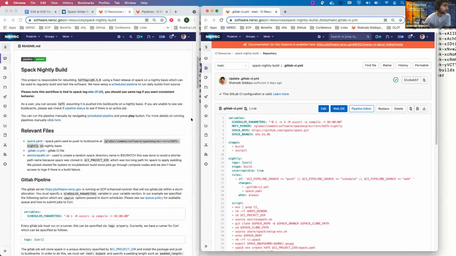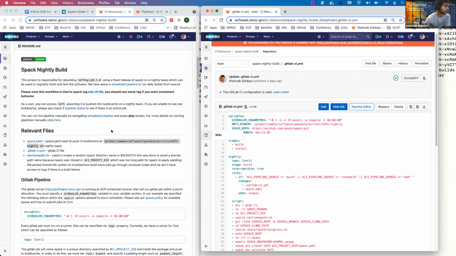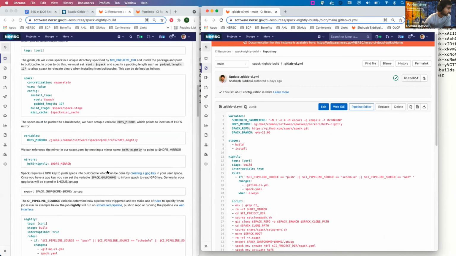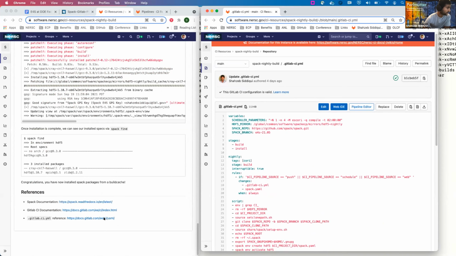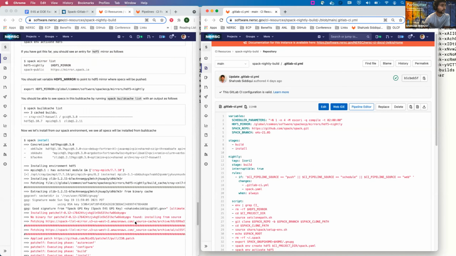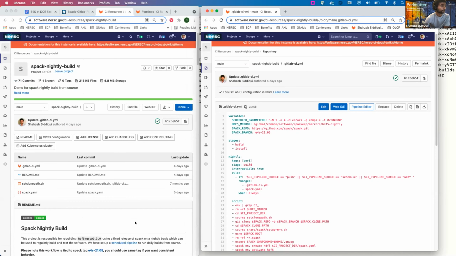I recommend you need to have at least some experience with using GitLab. There is documentation on the GitLab CI reference. I think there's a link to this at the bottom. Yeah, this link right here, which talks about the GitLab CI. So the first thing that you need to do is